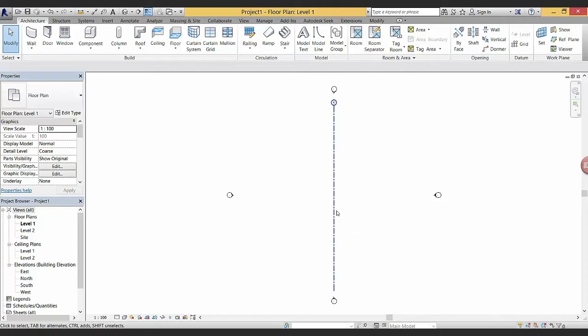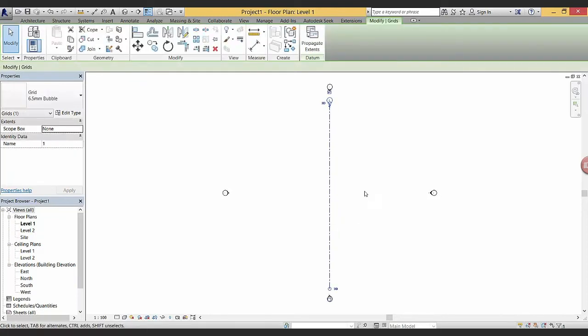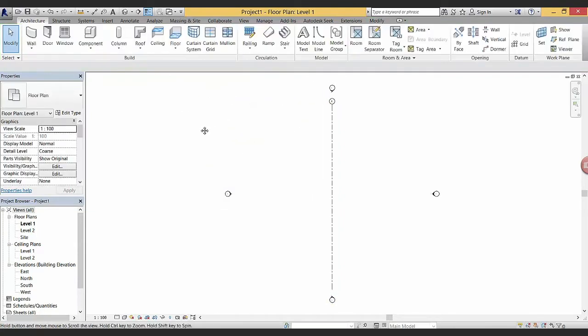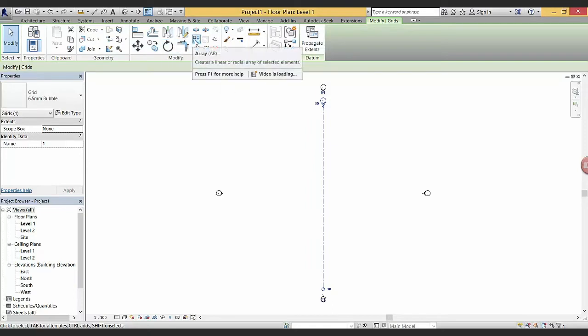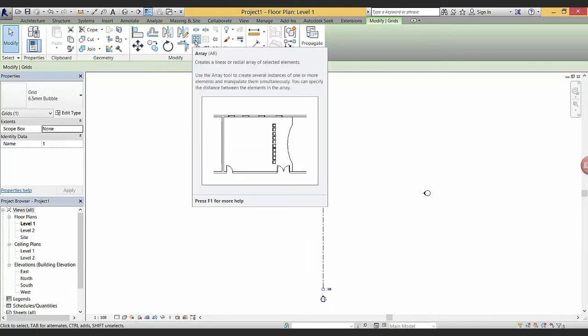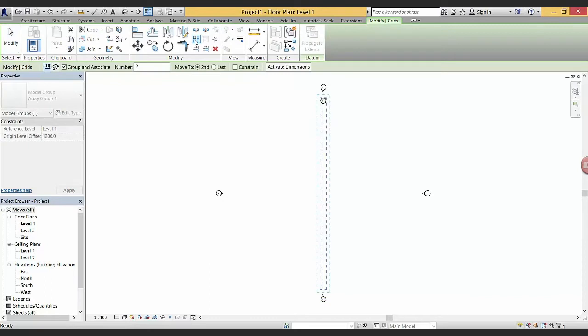If you're familiar with AutoCAD or other software, it's kind of similar. So select grid number 1, and then we're going to array this grid. Click Array. You can see that when you are designing in Revit, you have the architectural menu open, but the moment you select an element inside Revit, the menu jumps to the Modify menu, where you can move, copy, and rotate. There's a command called Array. It has a shortcut AR.